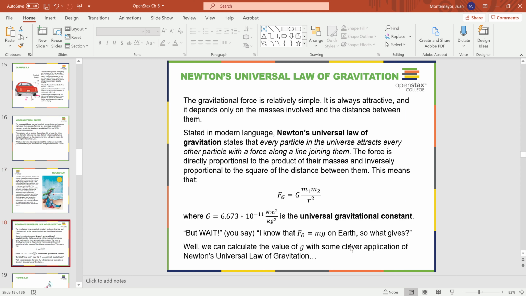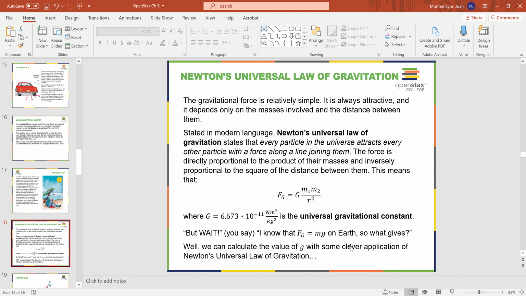So that brings us to Newton's universal law of gravitation. The gravitational force is relatively simple. It is always attractive, and it depends only on the masses involved and the distance between them. Stated in modern language, Newton's universal law of gravitation states that every particle in the universe attracts every other particle with a force along a line joining them. The force is directly proportional to the product of the masses and inversely proportional to the square of the distance between them. So, in layman's terms, Fg, gravitational force, is equal to big G, m1 m2,